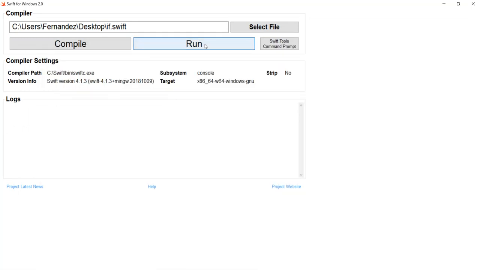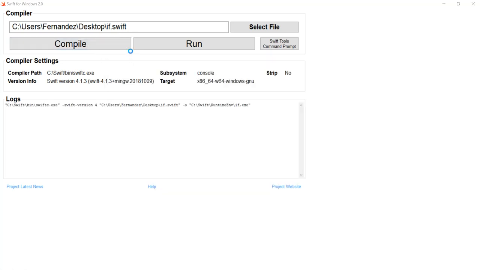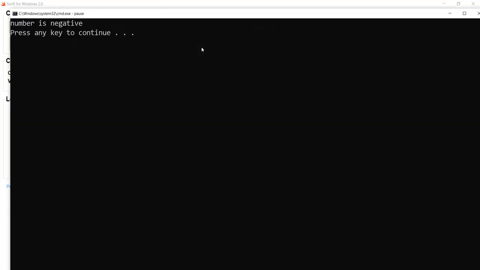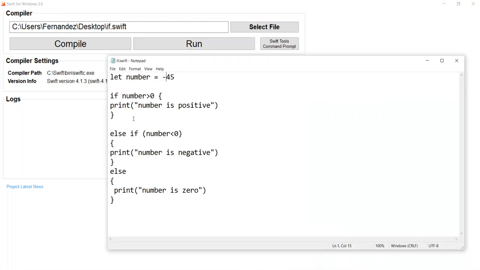And we'll have it for a negative integer as well, just to give a check on the Swift program. The number is negative.